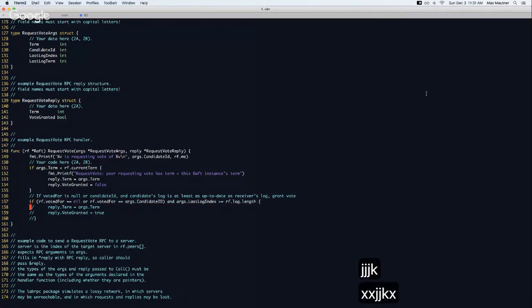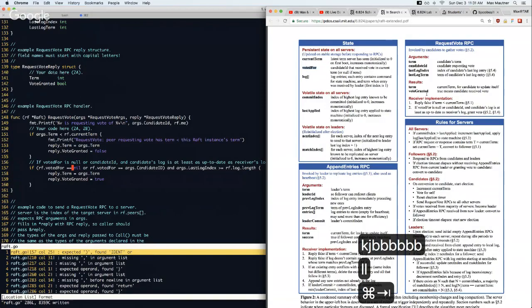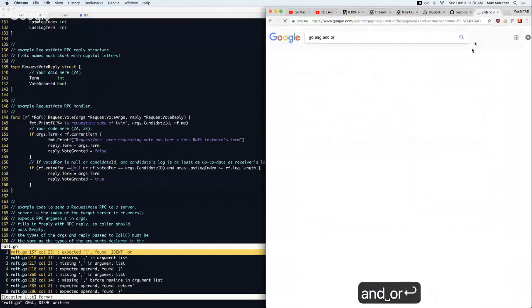There's this really convoluted Boolean. So that's why I commented it out. Yeah, maybe let's just do ors and ands as ampersands and see if that fixes it. We can check real quick. And or